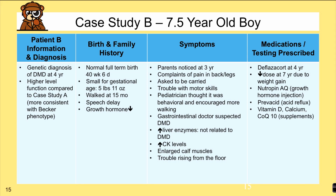He had a speech delay, which also can be another reason why someone might think that he would have a developmental delay. And he also had a growth hormone deficiency. Now the parents noticed the symptoms at 3 years of age. He had complaints of pain in his back and his legs, and he asked to be carried everywhere. So when they went to the pediatrician to discuss this, the pediatrician said that it was probably behavioral and they should really push him to be more active, which is something you wouldn't want to do if a child had